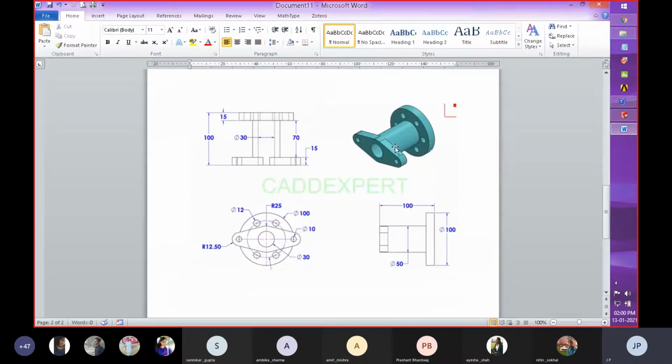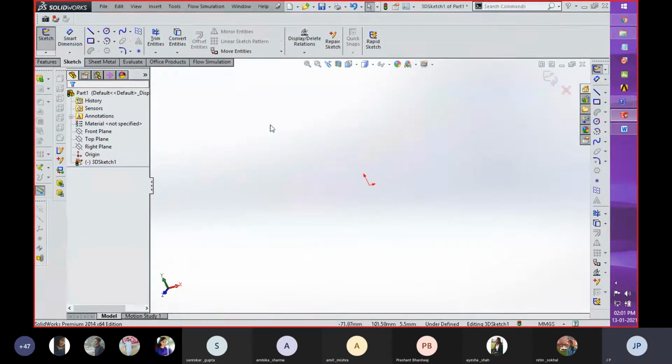With respect to this drawing that I am going to create, and the different tools which are available in the SolidWorks module, I am going to show you practically how you can use this toolbar. The first thing is that you need to create a sketch. After clicking on this module, you get two things: first is a sketch and the other is a 3D sketch.